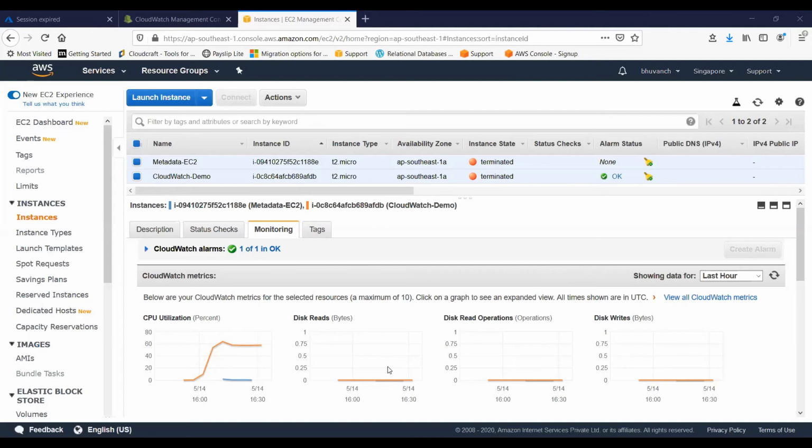How many classes are left? I cannot tell you right now how many classes are left. It depends on how many topics you want, whether you want me to speed up or slow down, because there are a couple of guys who want me to slow down, and a couple of guys who want me to speed up, and a lot of guys say I should maintain the pace. So there's no decision yet. It all depends upon you guys.